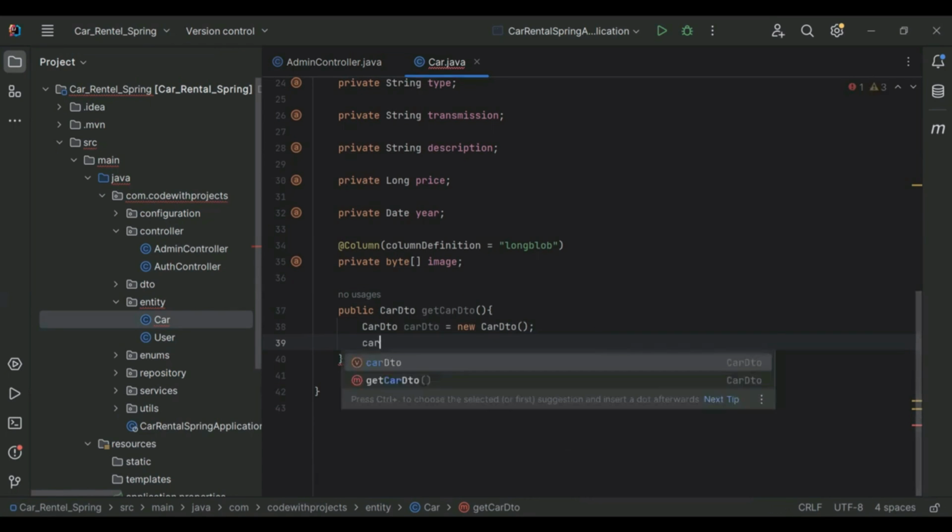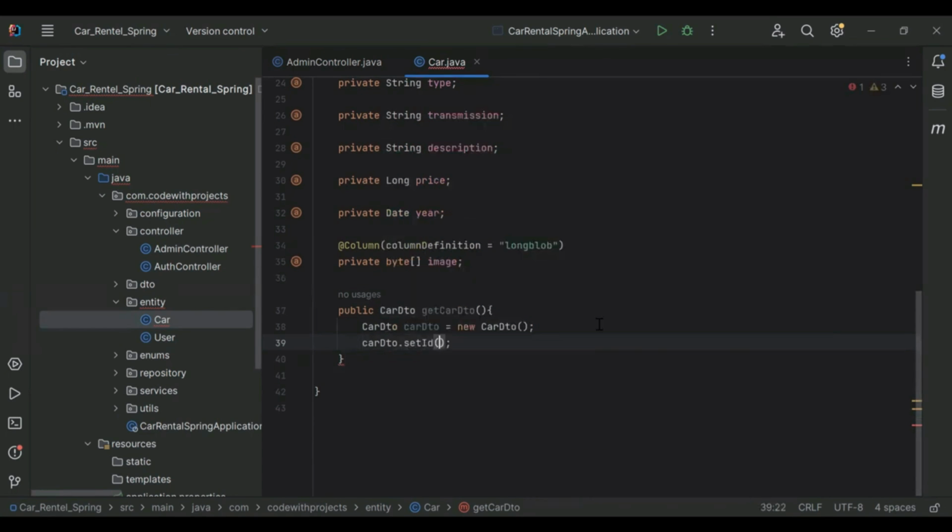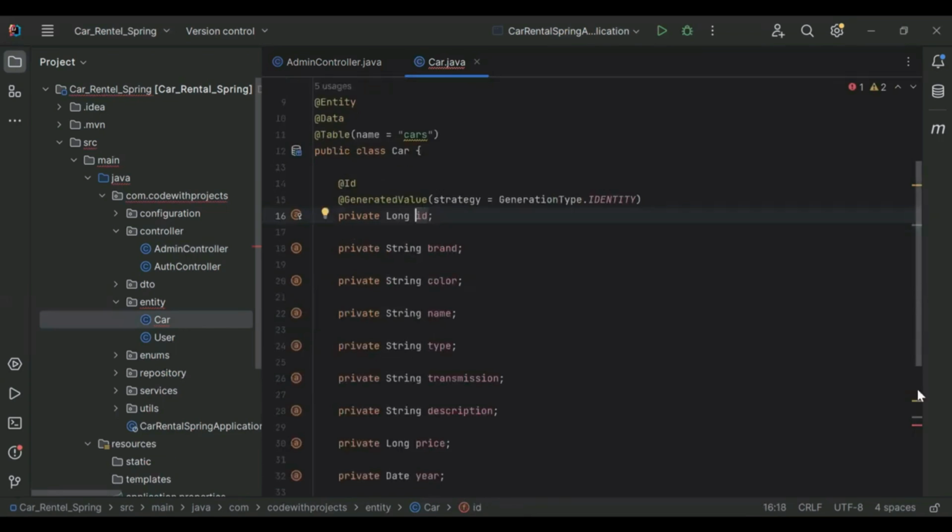So here we need to call carDTO.setId, and we will get the id from the entity. So here we just need to pass id, that is the name of our property.